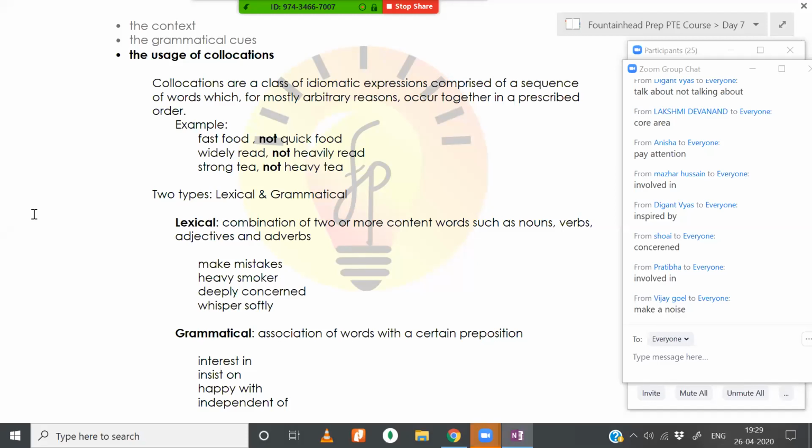So if you have to improve your collocation knowledge, there is a huge list of collocations. You can't learn all of this by heart. What you have to do is, whenever you read an article, consciously scan for collocations. Once you do that for maybe three or four articles, it becomes second nature. That's something you should start practicing. If you do that, you will really see the change.